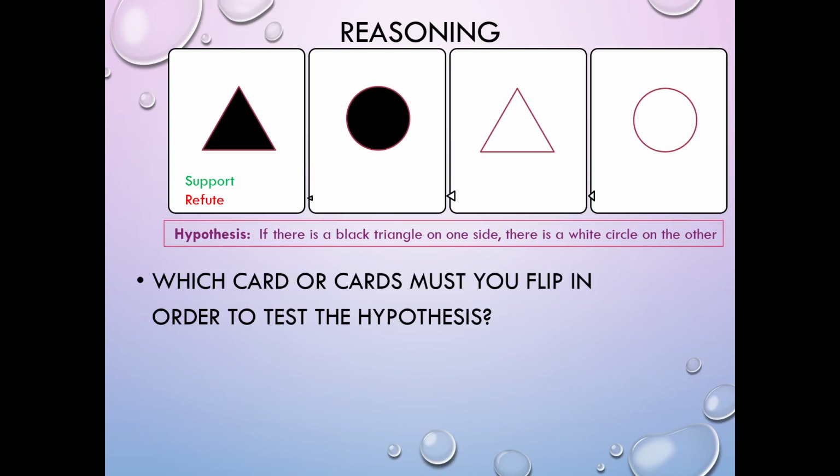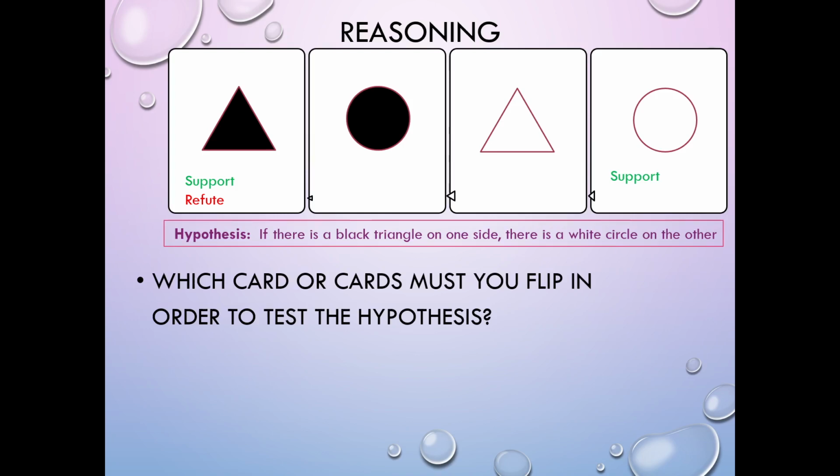Okay. The next most popular one to flip is the white circle, because they want to flip it over and find out if there's a black triangle on the back. This would support the hypothesis, right? If you flip over that white circle and you find a black triangle on the other side, then you'll say, well, I've got a black triangle on one side and a white circle on the other, so I've got support for the hypothesis. The problem with the white circle is that it doesn't